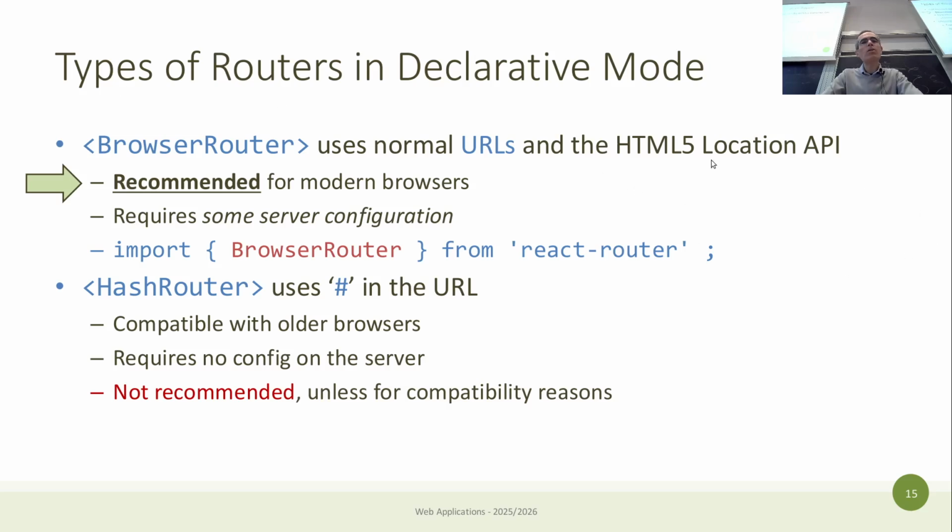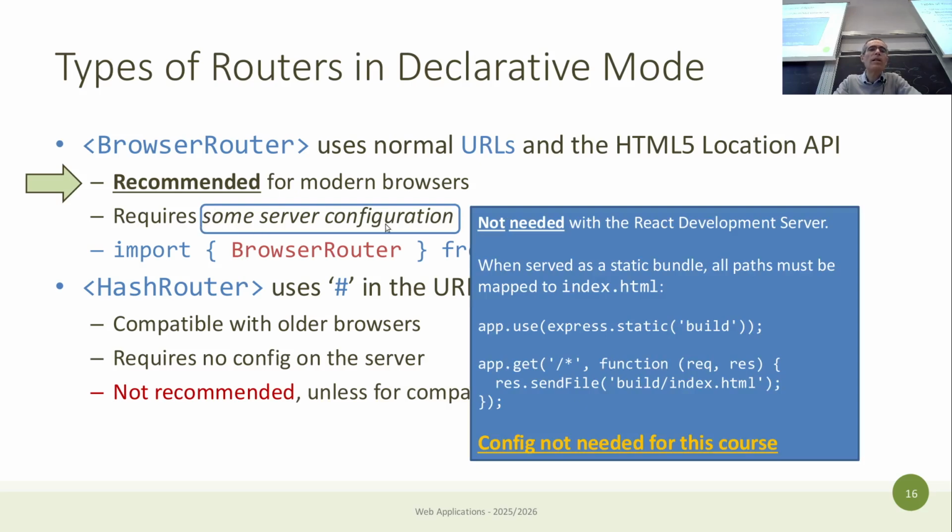Okay, so browser router uses normal URL, and this is what is recommended for modern browsers, what is recommended for this course. Okay, import browser router from React router. Everything is imported, like you import from React Bootstrap, you import from React, and so on. Okay, there is also another router, hash router, for older browsers, just in case, but we will not use it. Modern browsers are quite good nowadays, and so there's no reason to use this router. But this information is here just for completeness, just to tell you we can handle cases in which the user has really old browsers and so